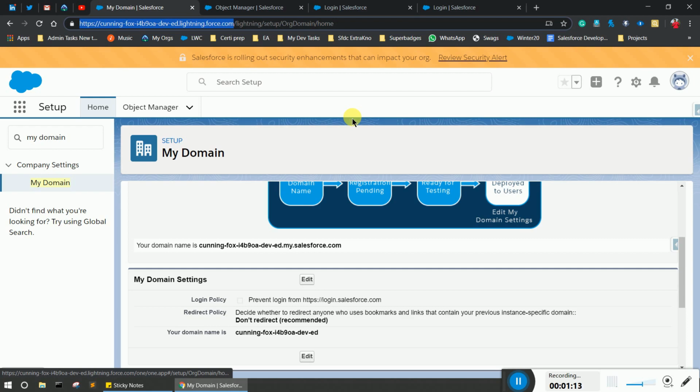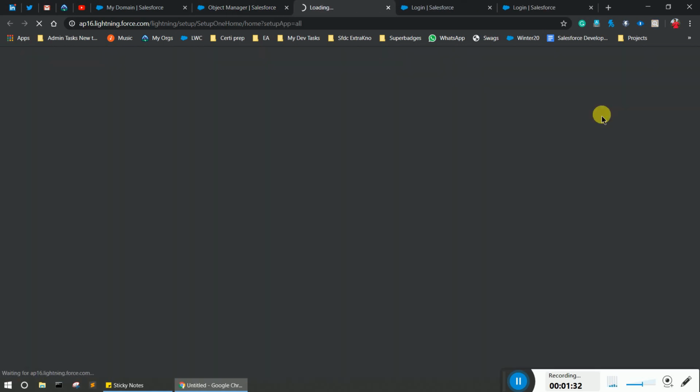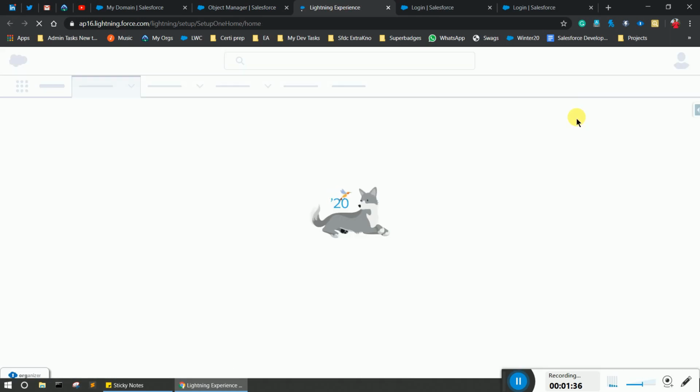If you are in a Trailhead Playground, you simply have to edit some customizations, and if you are in a developer org, you have to perform some more customization. More customization will automatically cover the less customization part. So first of all, you have to visit Setup in your Salesforce developer org, and create Salesforce My Domain in your Salesforce org.